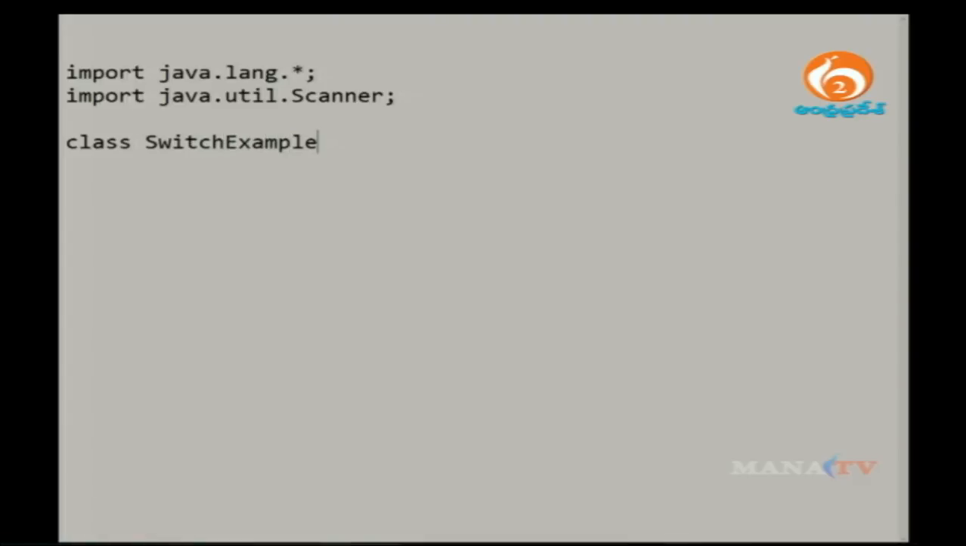First thing is, I import a Java package, the lang package, which is a default package for me, and then I need to write java.util and one more class name called Scanner class. Now I write a class. One more thing, the class name always starts with an uppercase letter. SwitchExample1 is the class name I am writing. Previously I showed you one example, and now I am going to show you one more example. This particular class requires one static method